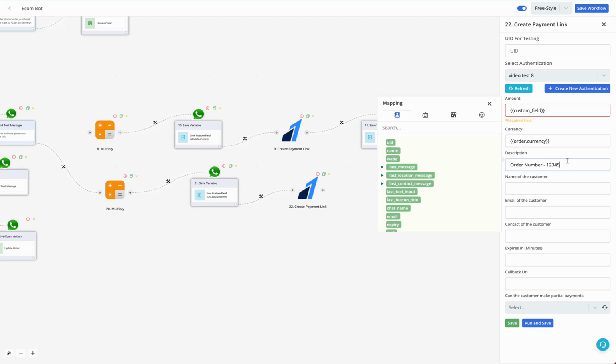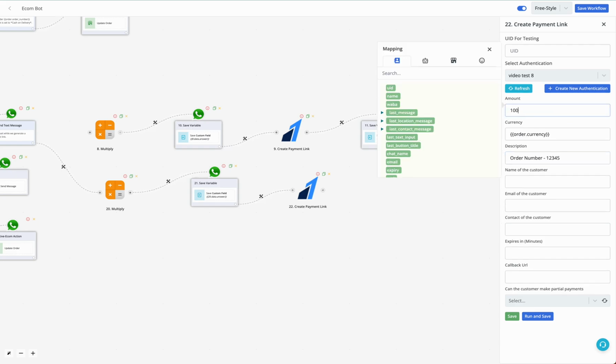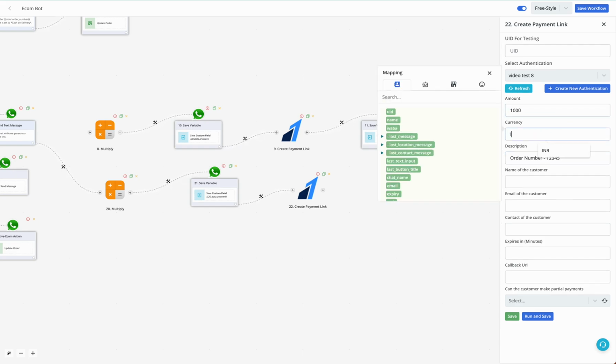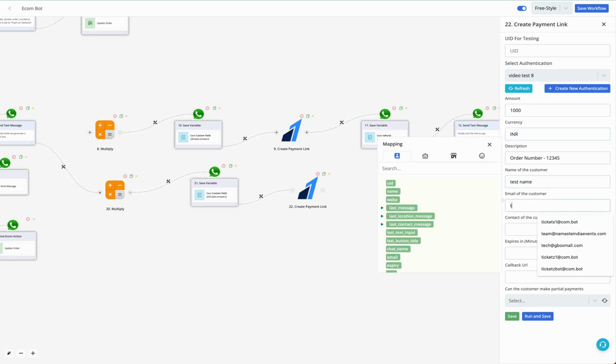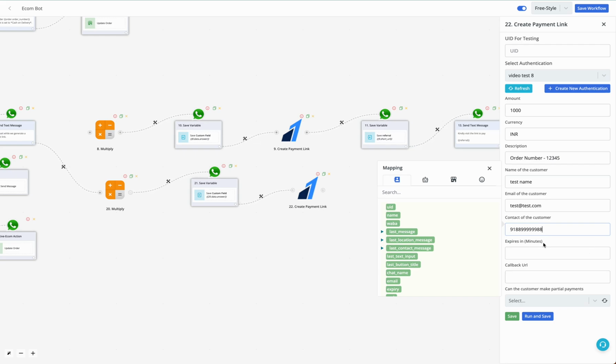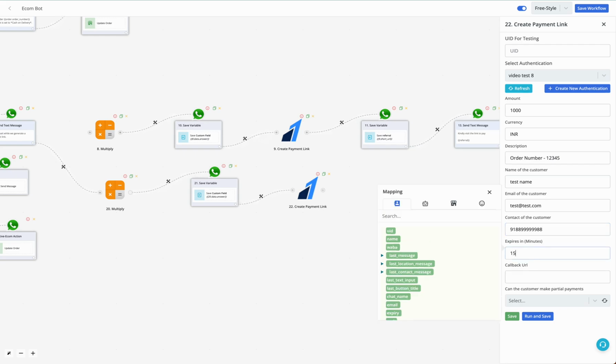for the test, let me first update all the values with test data. So the name of the customer can be test name, the email can be test@test.com, contact number again can be some dummy number, and the link might expire in 15 minutes, and can the customer make partial payments? False. Now what